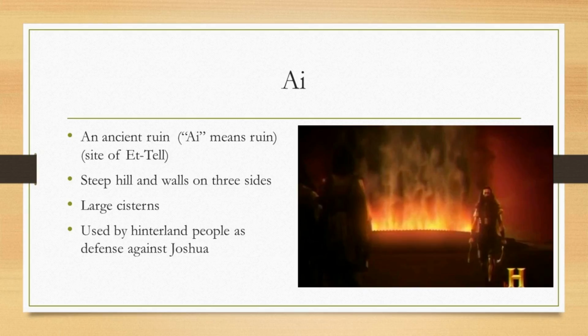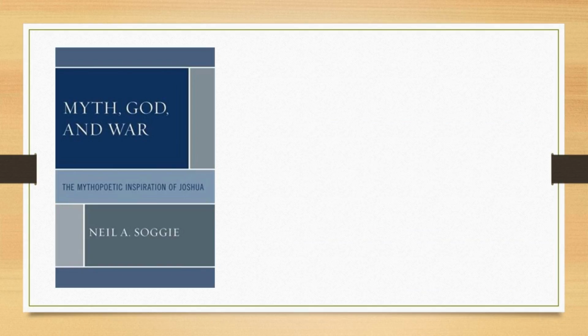In the defeat of Ai, the Proto-Israelite people get a steep hill with walls on three sides, and they also gain control of a water supply, the cisterns, which is consistent with their strategy, the same strategy that they used all the way through, gain control of the water. Now, I don't think I need to go into that anymore,